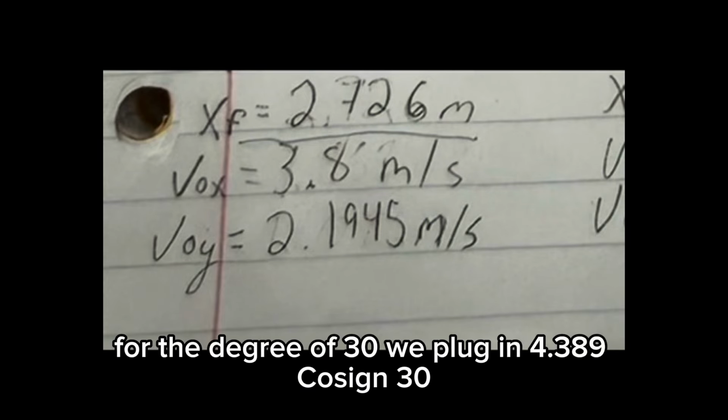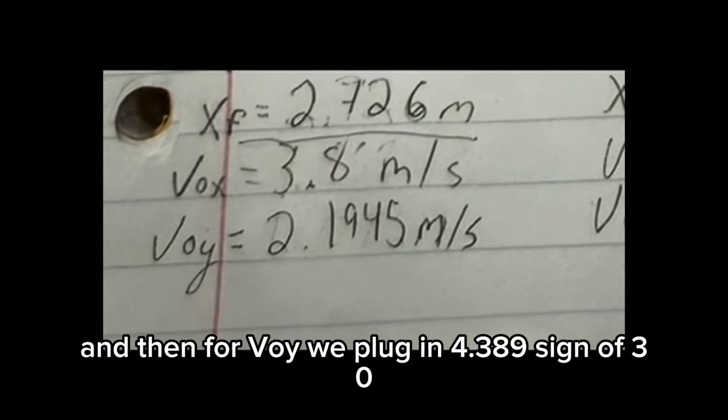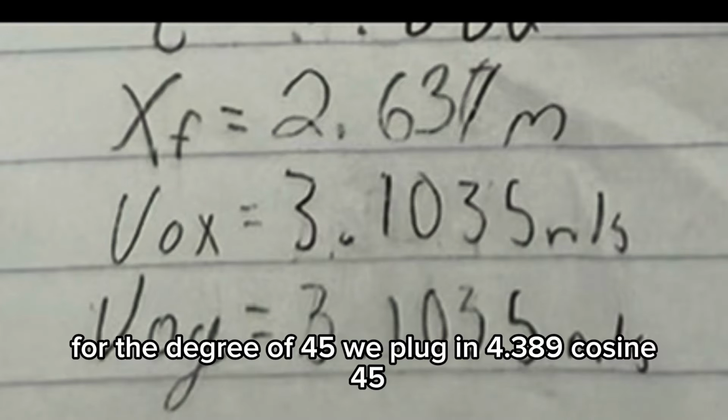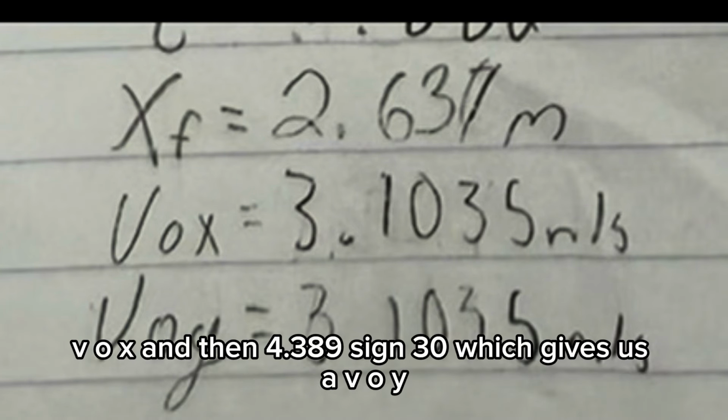For a degree of 30, we plug in 4.389 cosine 30, which gives us a V0X of 3.8. And then for V0Y, we plug in 4.389 sine of 30, which gives us a V0Y of 2.194. For the degree of 45, we plug in 4.389 cosine 45, which gives us 3.1035 meters per second V0X, and then 4.389 sine 30, which gives us a V0Y of